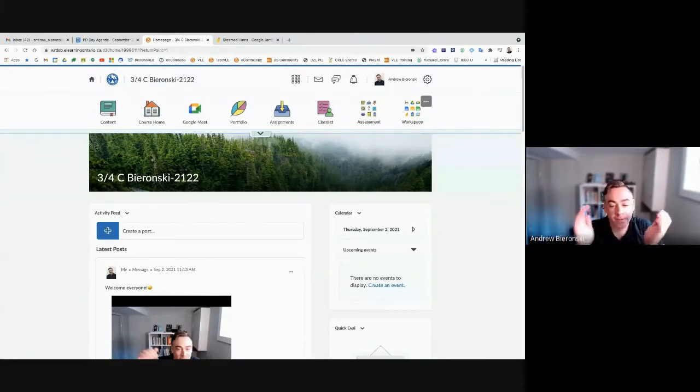Okay, we're going to dive right in. Now, I'm going to go relatively quick on this one just based on the time, and because, again, there's so much you can do with Brightspace. My goal with this session for all of you is to make you aware of the things you can do with Brightspace. I don't think you're going to walk away feeling comfortable doing that. I would go slower for some of these processes, but I really just want to create awareness around some